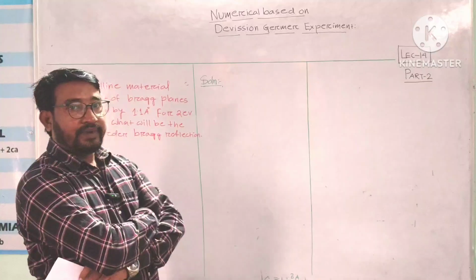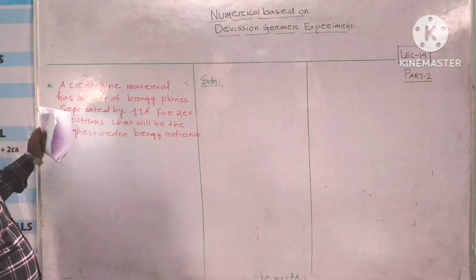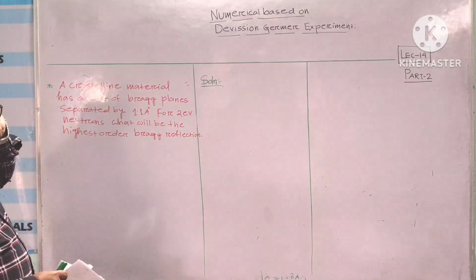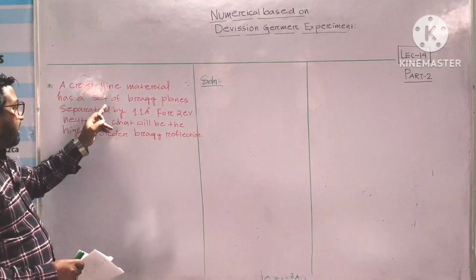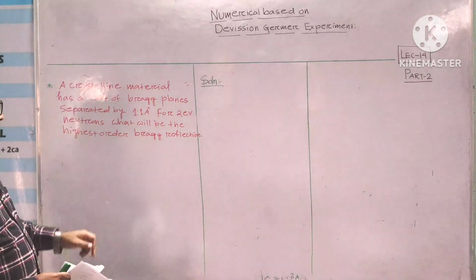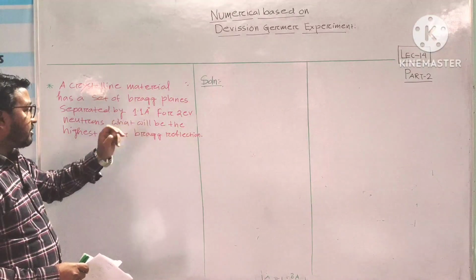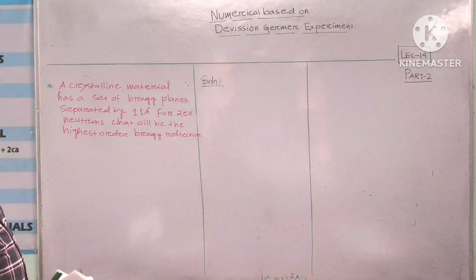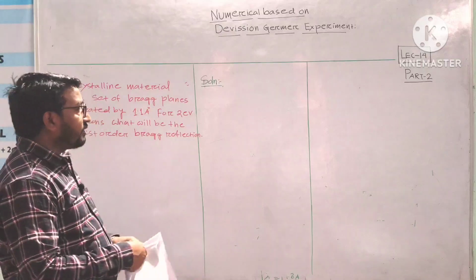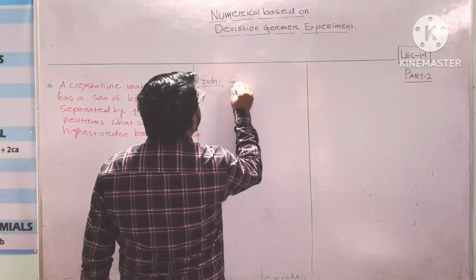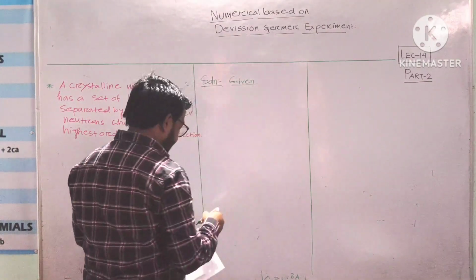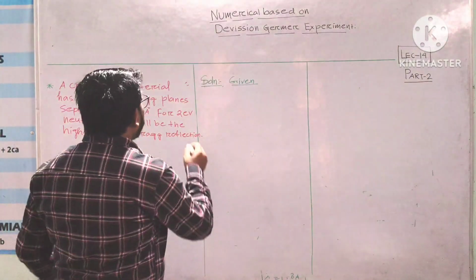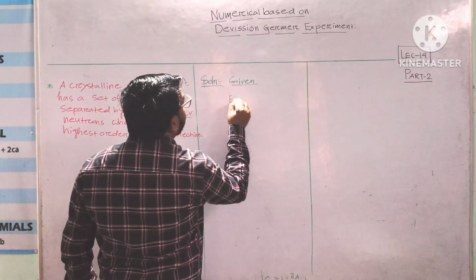Our next numerical problem is this. The statement of this problem: a crystalline material has a set of Bragg's planes separated by 1.1 angstrom. For 2 electron volt neutrons, what will be the highest order Bragg's reflection? So the given information of this question: given 2 electron volt, this is energy. So we can write E equals